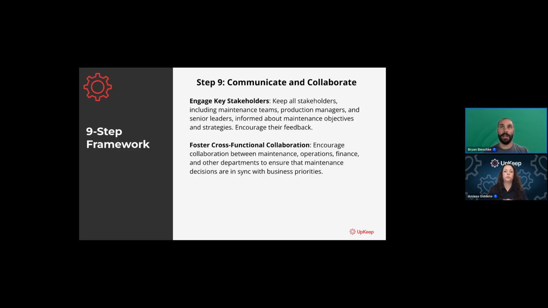Cross-functional, again, I'm saying it again: encourage collaboration between maintenance, operations, finance. You have to. If you're a maintenance manager, the operations manager should be your best friend. The finance team should be your best friend. The procurement and quality manager should be your best friend. There should be no strife or bickering or bullshit with any of those people. Yes, you're going to have disagreements, but we come to agreements through communicating and by showing a value stream that is equal for all parties.